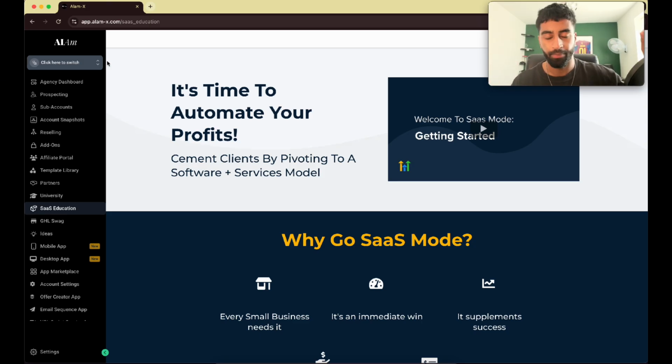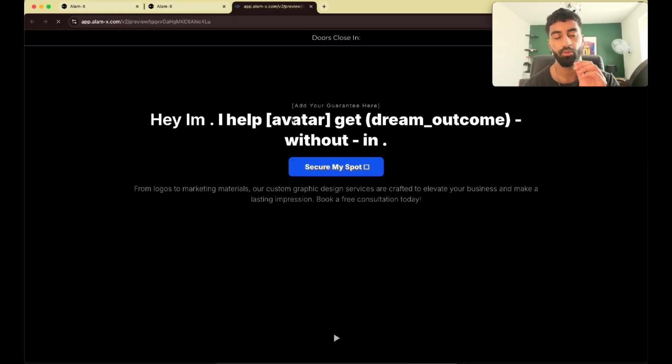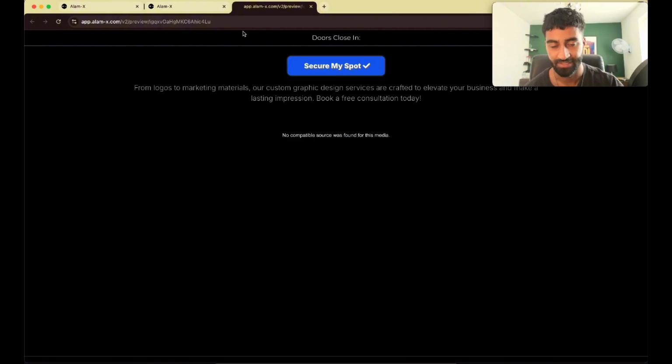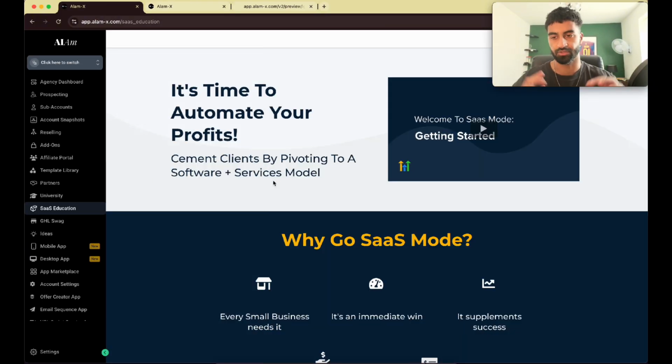Also, one perk is that if you join with my link, I'll give you templates. So I'll show you. For example, you can get this funnel right here done for you, and it looks pretty cool. And this is where we can add our VSL. Okay, so logo, and this is where we can add our video. But I'm going to assume obviously that you're from scratch.